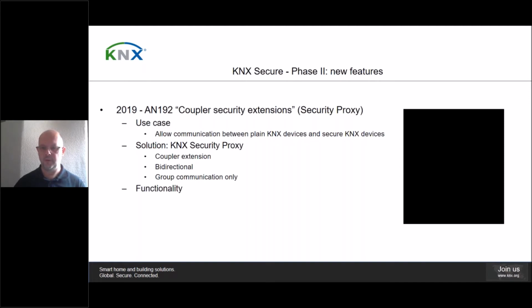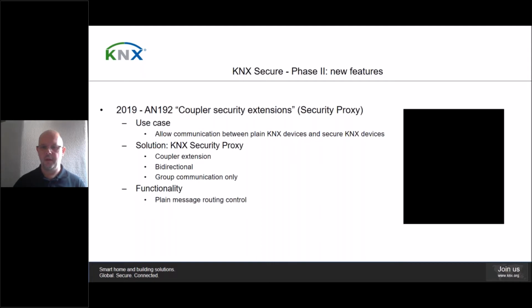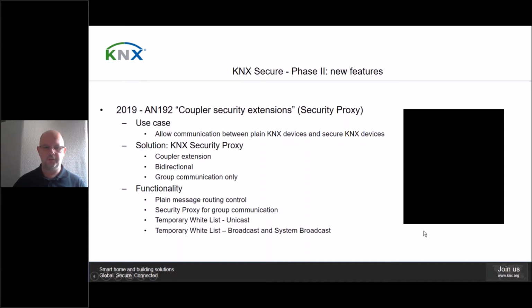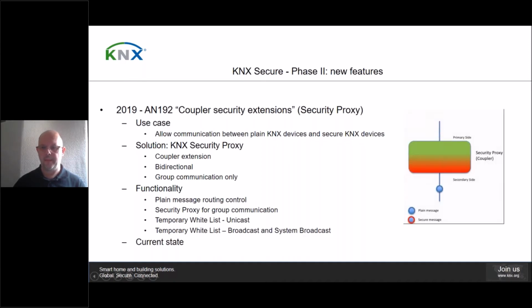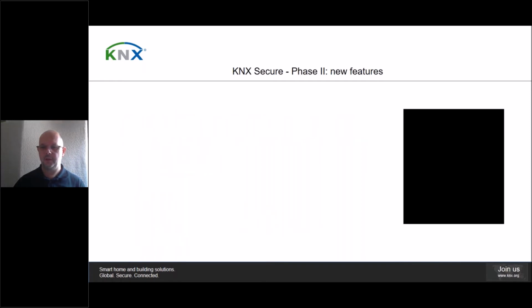Functionality. Plain message routing control. The primary condition is always the normal routing according to the filter table of the destination individual address. Additionally, it can be controlled if plain frames